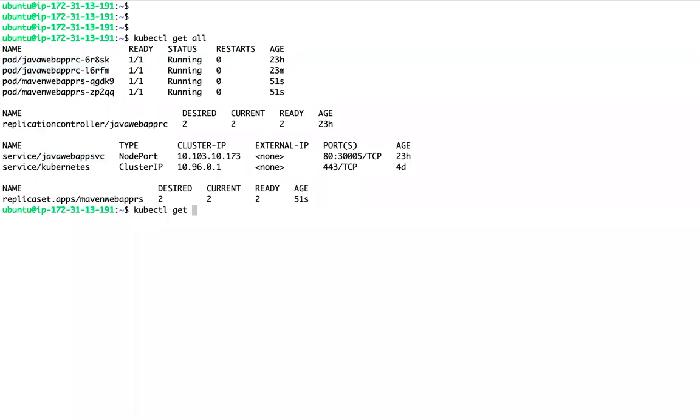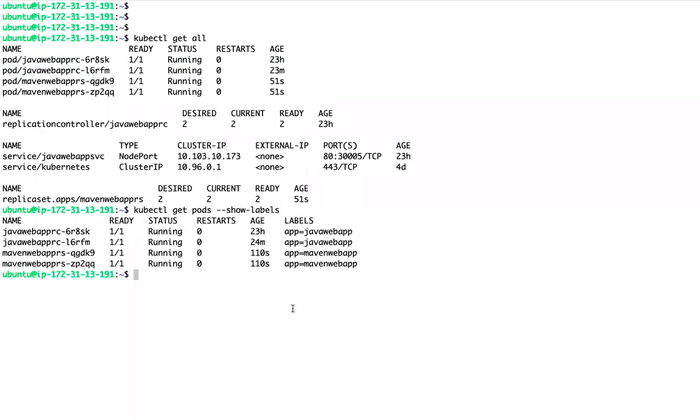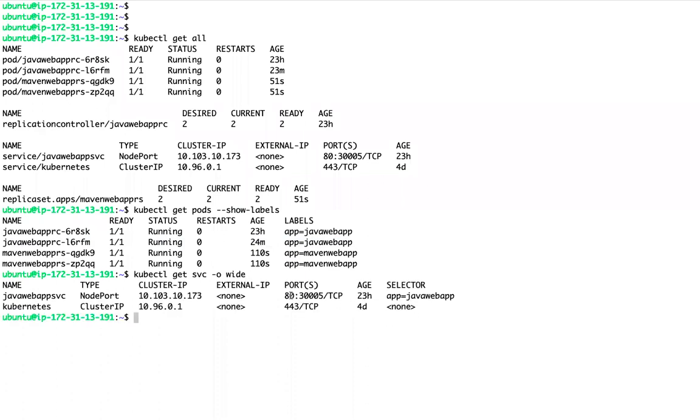So we created a pod. These 2 pods have these labels. You can give any key value pair, right? This service has this selector, so this service is only for this.